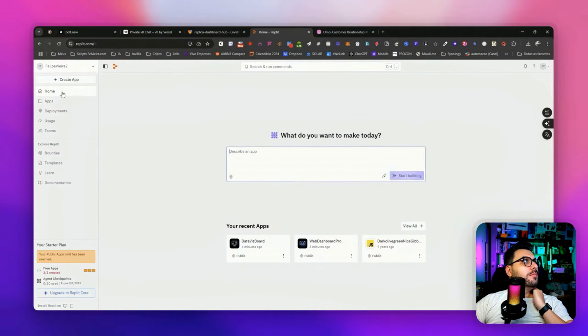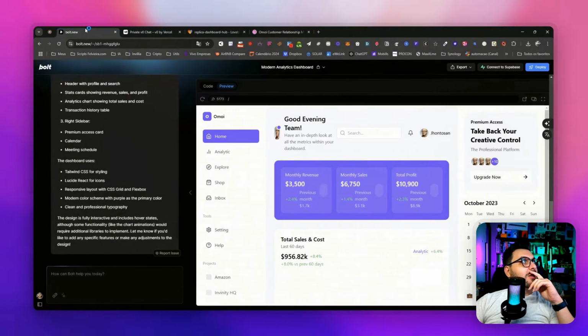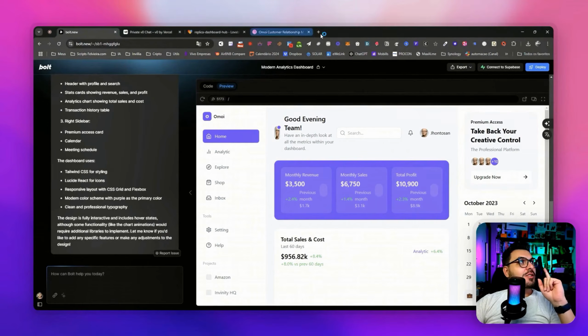It didn't generate anything. Don't use Replit. It's horrible. It's a mess. Let's stick to the three. We can even use one,